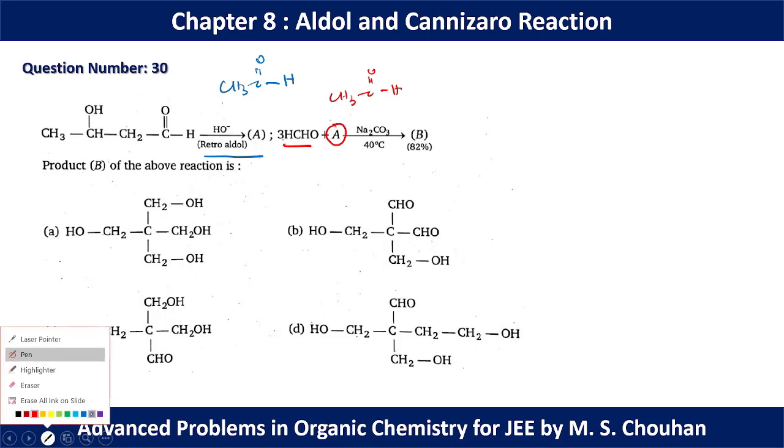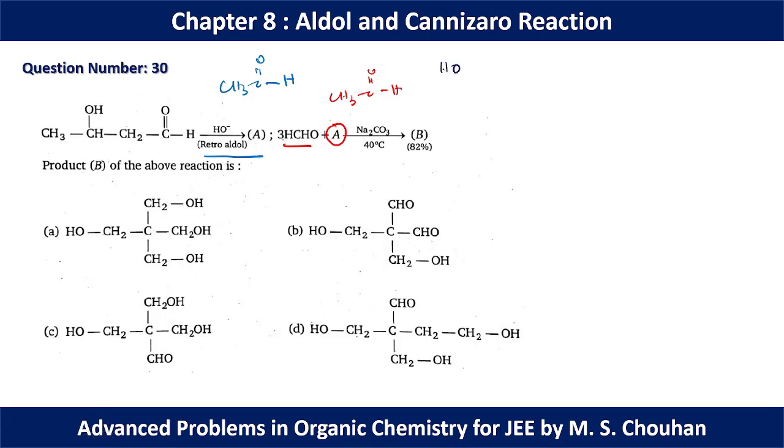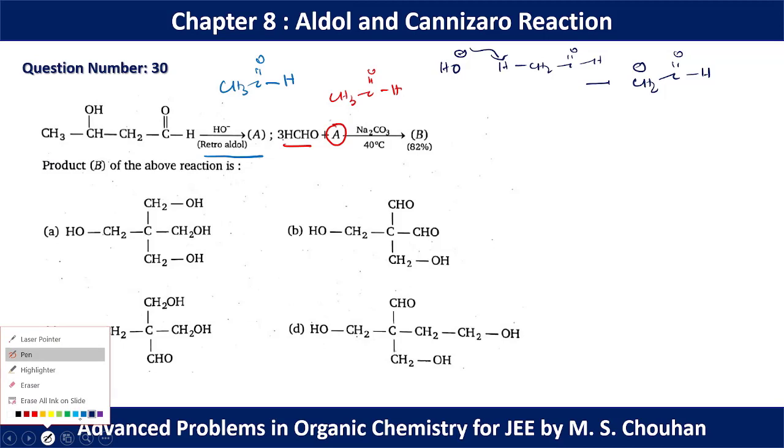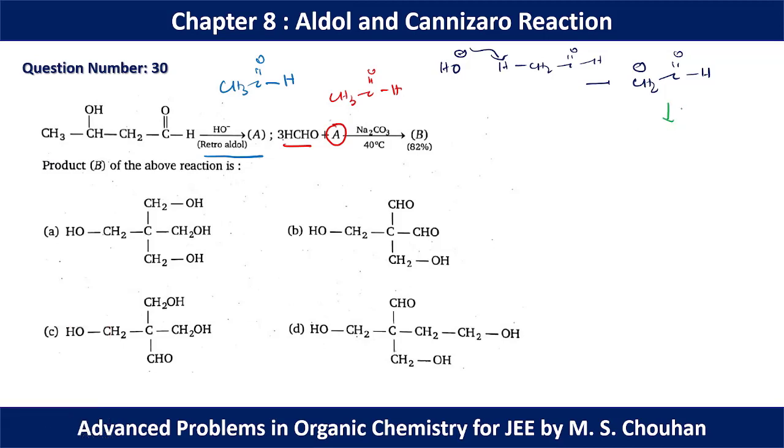So in step 1, the base can abstract one of these hydrogens to have CH2 minus CHO. Now this CH2 minus CHO can react with formaldehyde and it can give CH2OH,